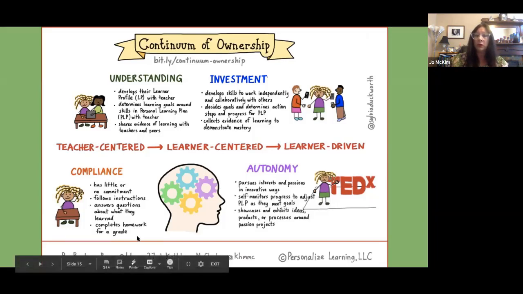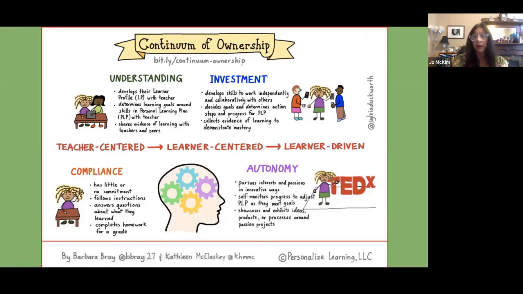When we move over towards the far right of this continuum, where we have students with more autonomy, where their learning is driven by their own interests, their own passions, where they're monitoring their own progress. I always think about Socratic classrooms where when students ask questions, their response is a follow-up question, where they have to decide for themselves, am I mastering this or not? And what does that criteria look like? And how am I demonstrating it? When we start to get over into that space of autonomy and ownership, some of our students who are solid A+, top of the class students over on the compliance side struggle a little bit because they're not used to